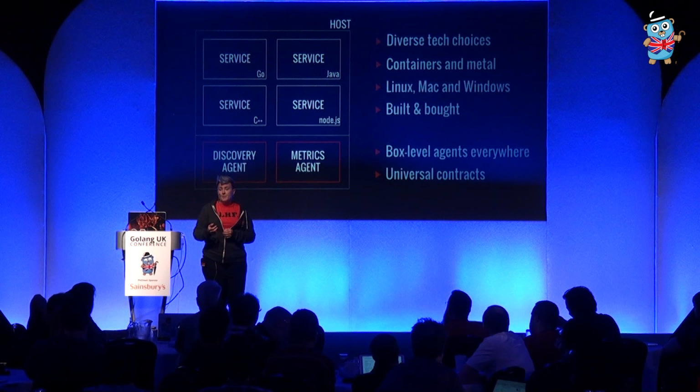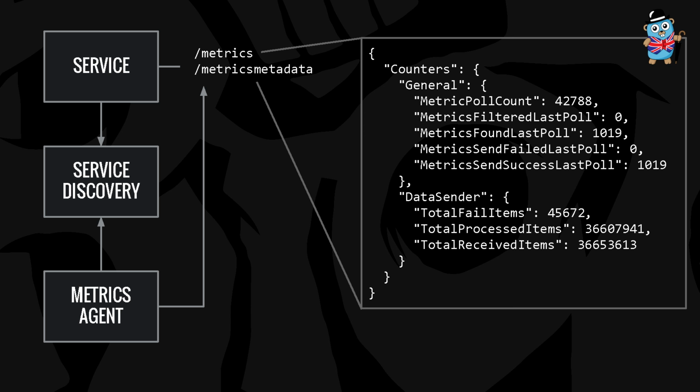So what does that actually look like? So we have service discovery. The metrics agent goes to service discovery and figures out who's running. Service registers at service discovery, tells it where its metrics endpoint is, and then the agent goes straight to the service